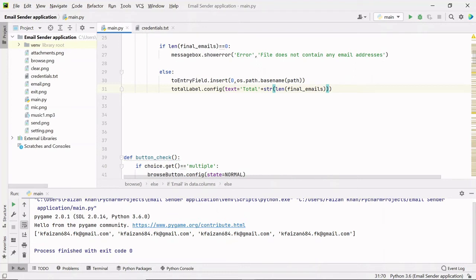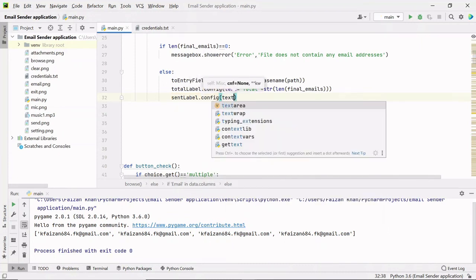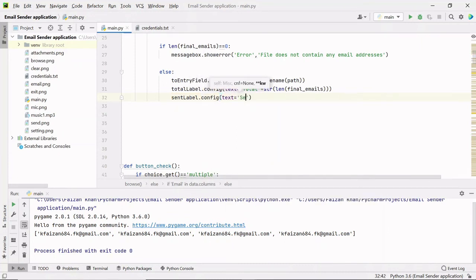And then we also have to display the sent, left and failed label text. So I'll use sent label dot config method and I'll set the text as Sent. Currently I don't know how many messages will be sent, so I cannot display that particular value, but we will display that value later on.